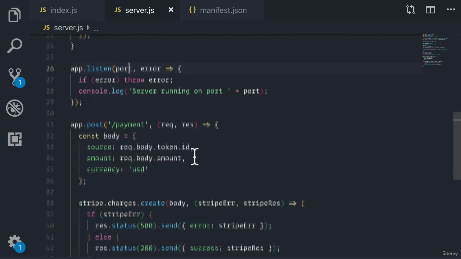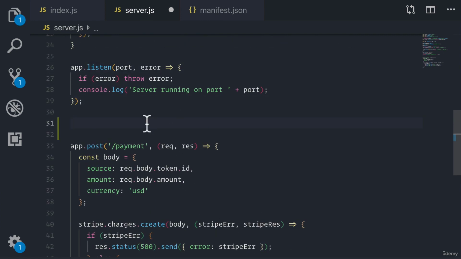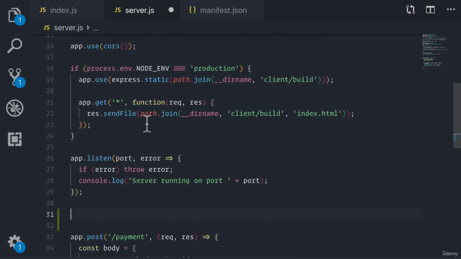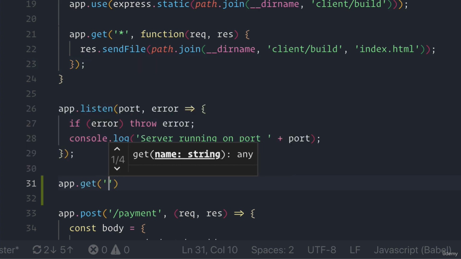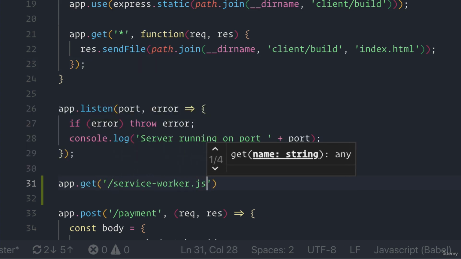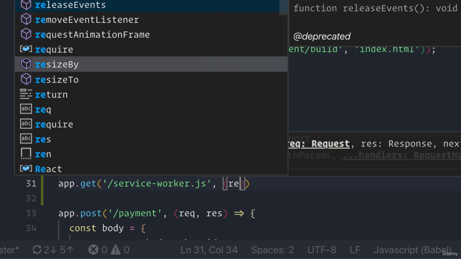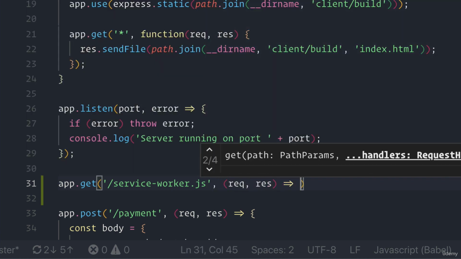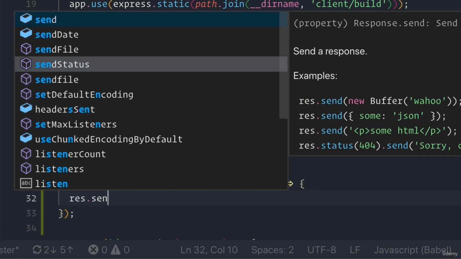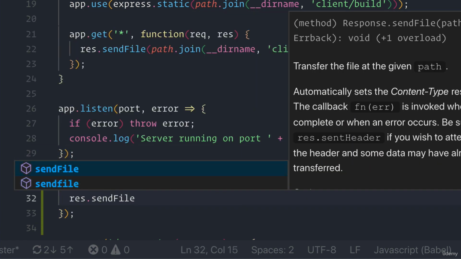So inside of our server.js, we're going to do one thing. We're going to add a new app.get call, and we're going to say if they're ever requesting service-worker.js, then with the request and the response as the function, we are going to say that with the response, we're going to send the file